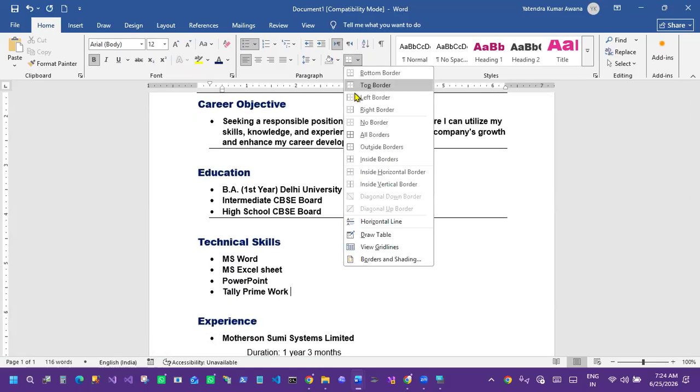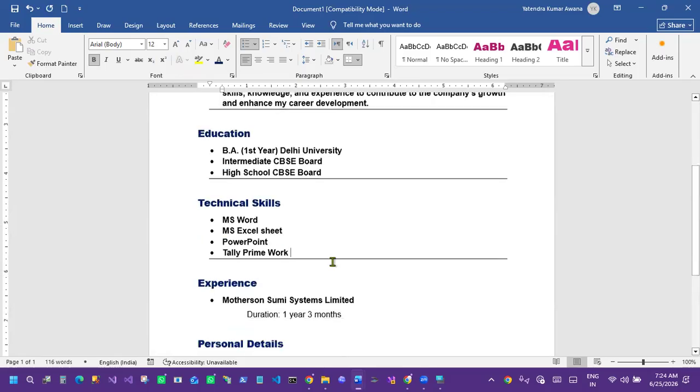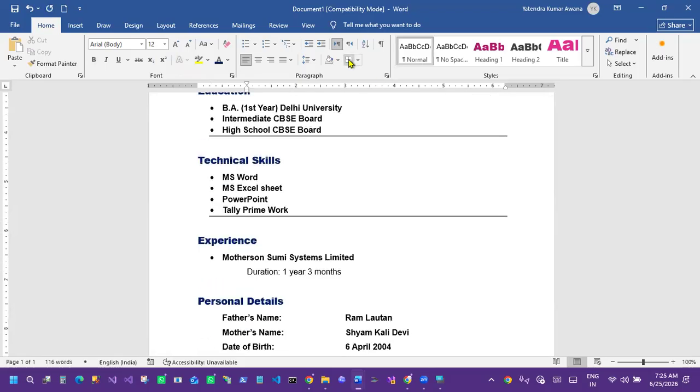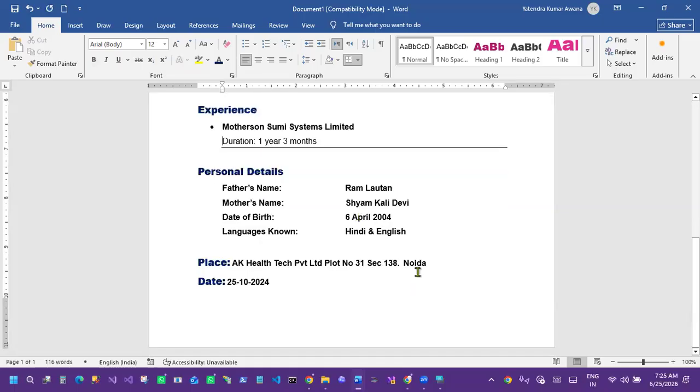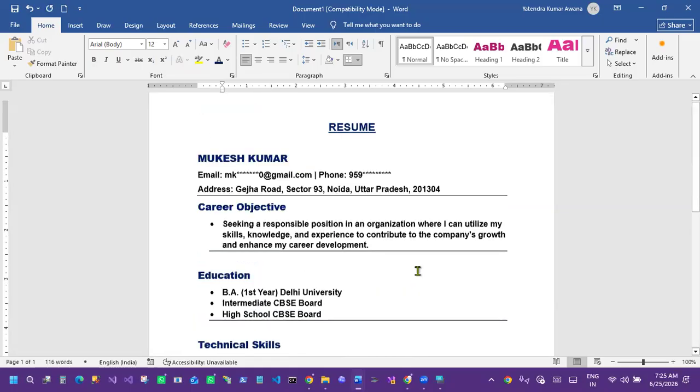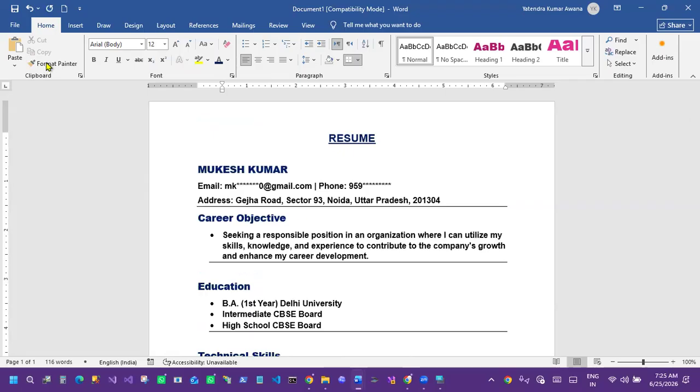This is the part of formatting. You can do a lot of work in formatting, as per your need, right? So we can do this thing like here, and now it is okay. So this is the way of work. By using format painter and a few options here, we just use each and everything, right?